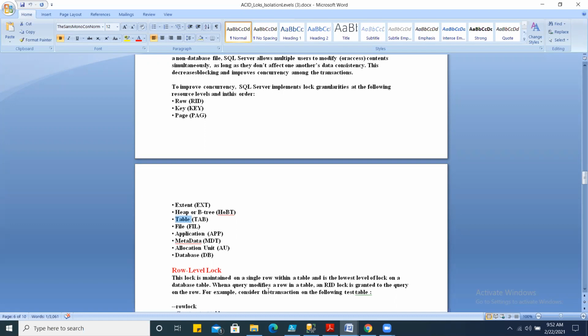Let us make it clearer. Suppose I have 10,000 rows in a table, and those 10,000 rows fit in, say, 50 data pages. It means that on each page we have 200 rows, right?